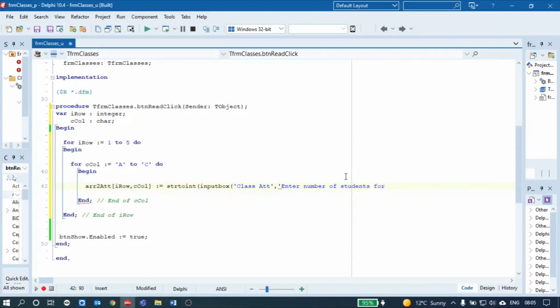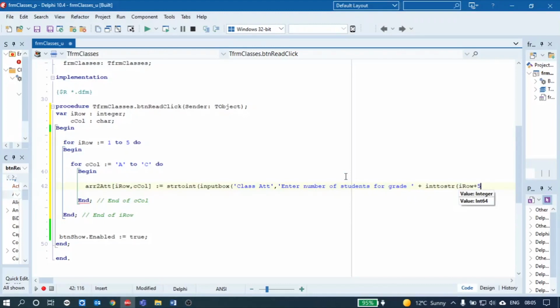Let's specify what grade we're dealing with and what class. So for grade, let's say then for grade int to string. What's keeping track of the grade? I row. So we can say I row